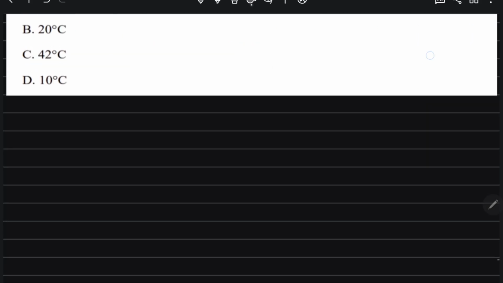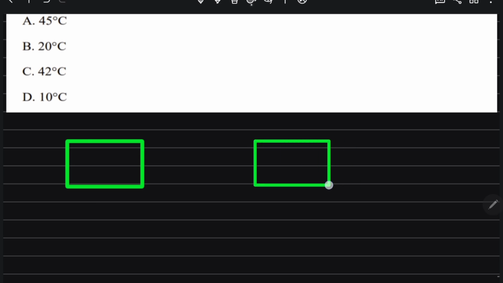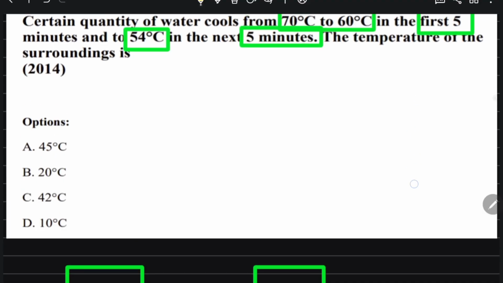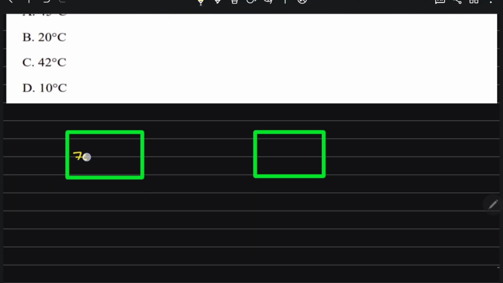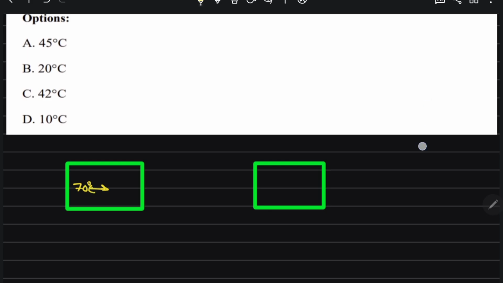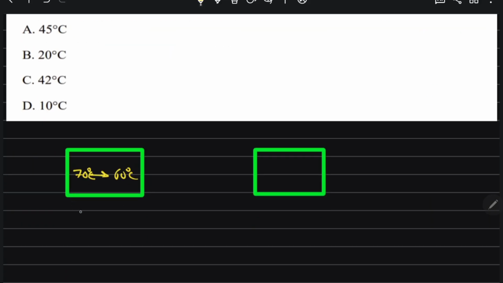The temperature of the surrounding is...